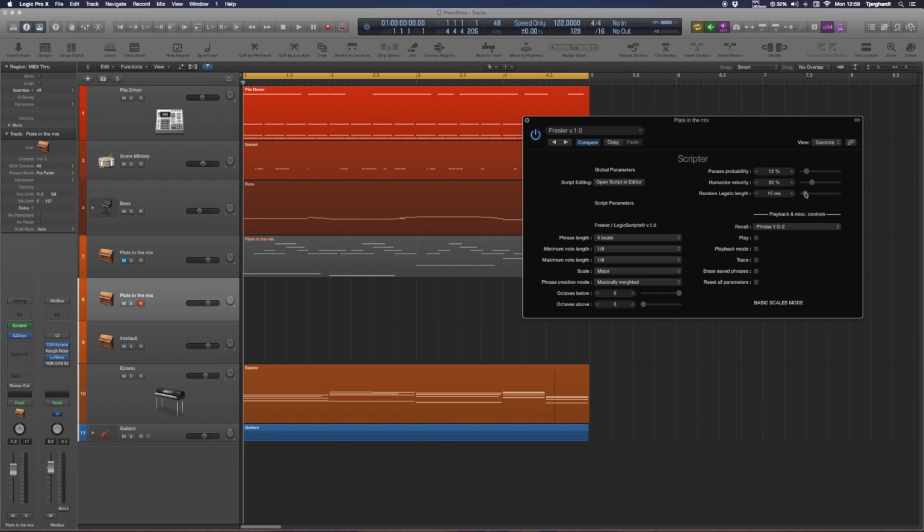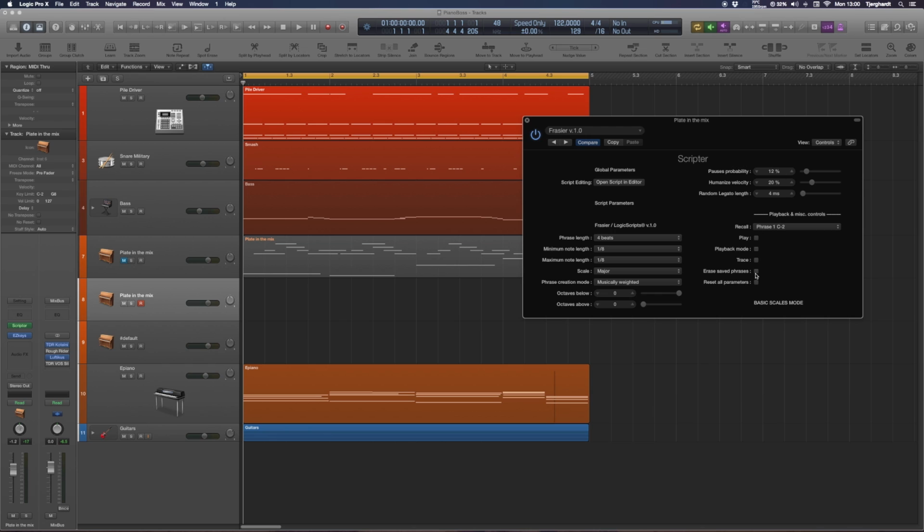Random legato length is it adds a little bit of a tail to some of the notes, but if you set this too high, this will also extend the overall length of your phrase with some unwanted results. So this is best used with relatively low values. But again, this is to combat the robotic sound of a randomly generated melody. Okay, so much for the actual creation of